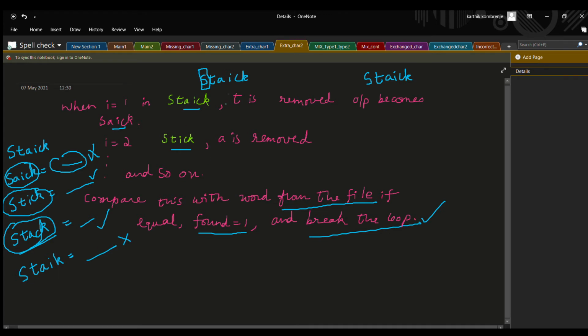And next it will go to i is equal to 4. Sorry, we will go to i is equal to 5, and we will print STAIC. Is there any word which matches this? I don't think so. So your suggestions will be, if you have entered STAICK, it will print that the word is wrong, and your suggestions will be STICK, STACK, maybe your choices.